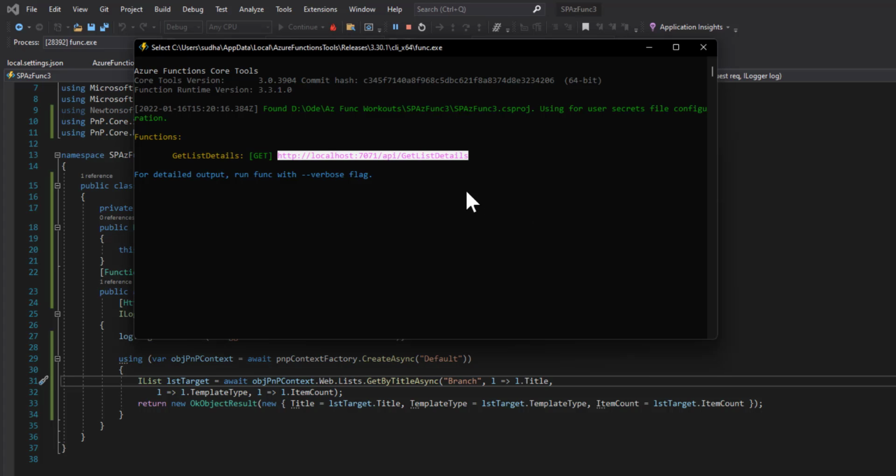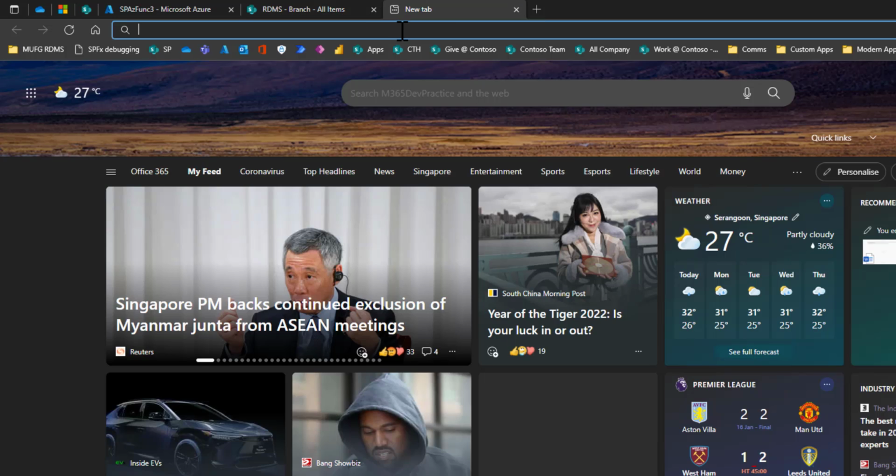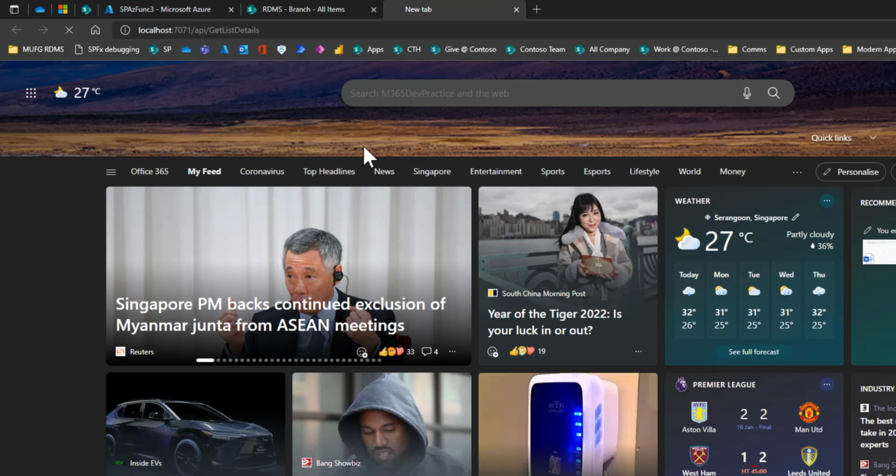So don't worry about the performance. For the first time, in order to start the emulator, it will take some time, but on frequent runs it will be fast. So I'll just copy this API, paste it and then execute it. For the first time, it will take some time.